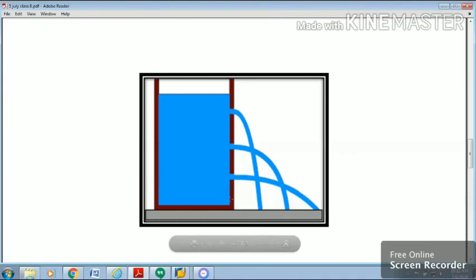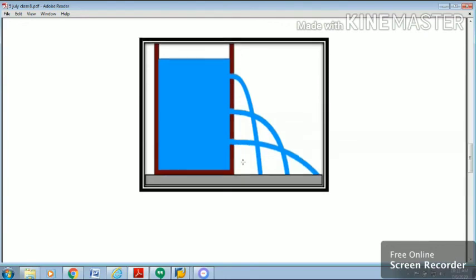Now watch this diagram. There are 3 holes and hence 3 different heights or depths of the liquid. You can see that the third hole exerts more pressure, and you can see how the liquid goes farther from the third hole as compared to the first and the second. So that means liquid exerts more pressure with depth. The deeper we go, the more the pressure will be.